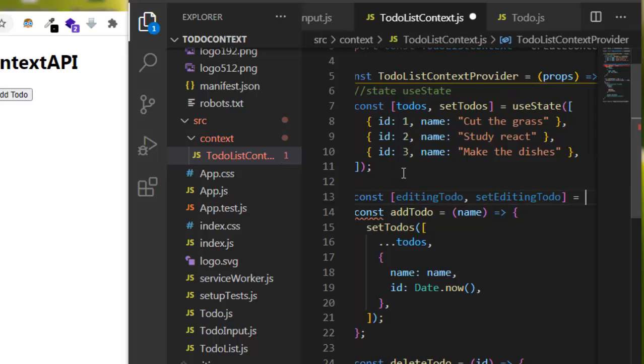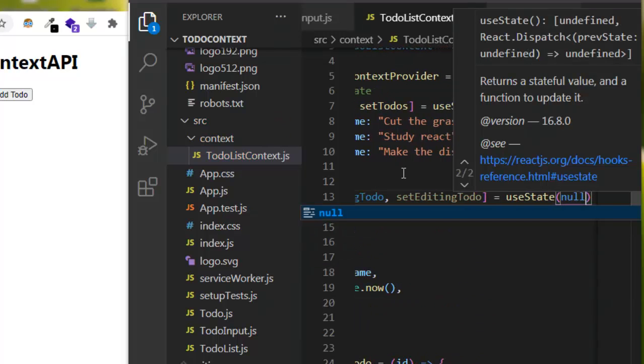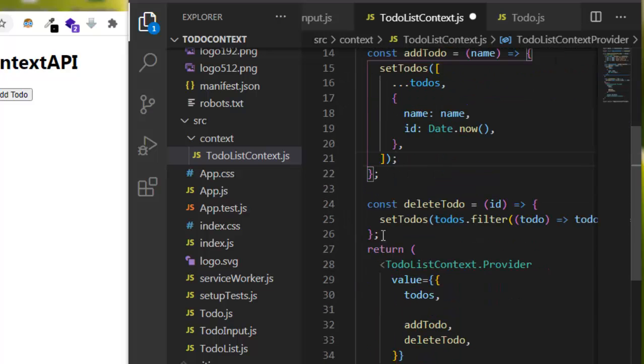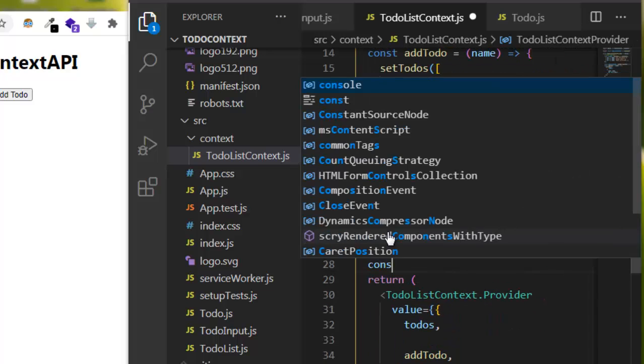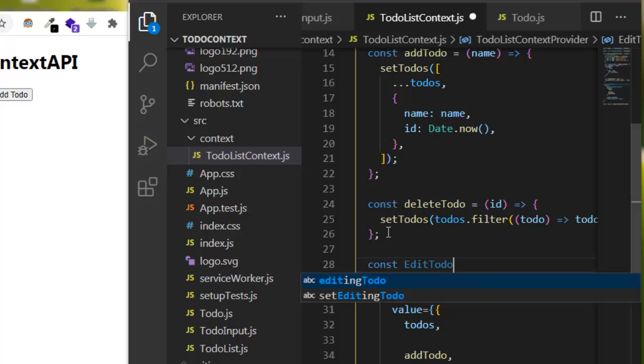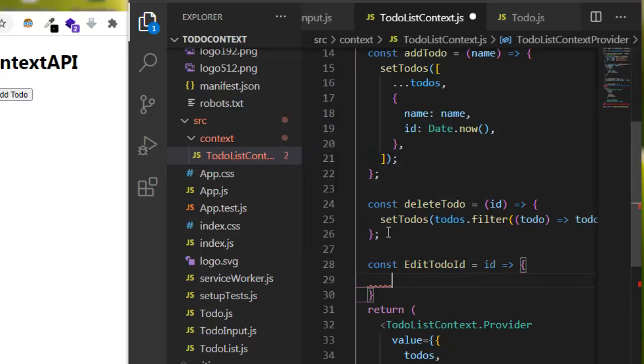And it's going to start as a null state. Here let's make a function called edit to do ID, for example. And here is going to take an ID. What we are doing here is